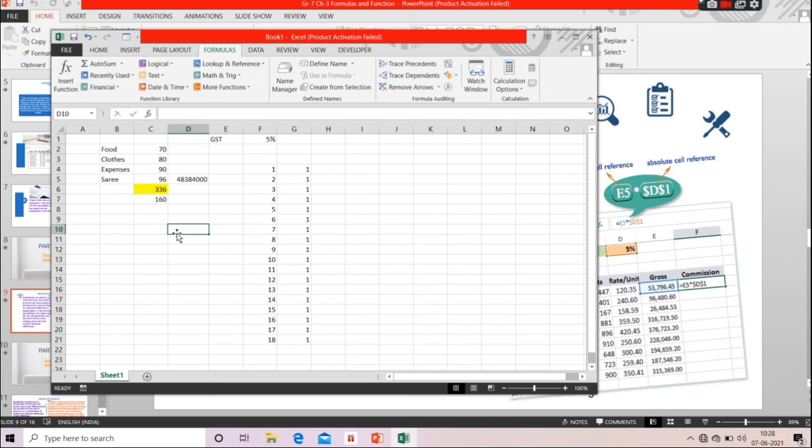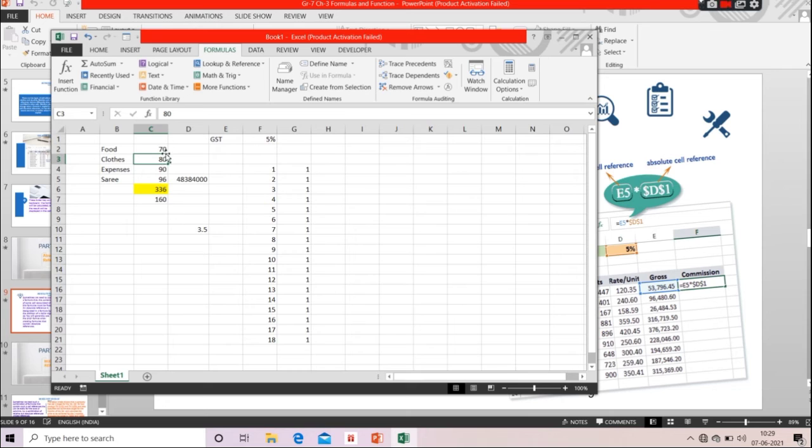Now you have to click here and equals to, you have to click here and you need to multiply with this one. And this needs to be fixed, so you can do one thing. You need to give dollar. This is which one? F column. You need to place F and dollar. This is 1. You need to place it. Now here it will be fixed like 3.5.